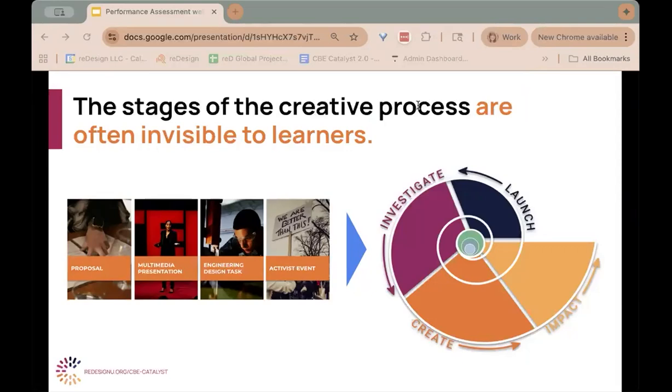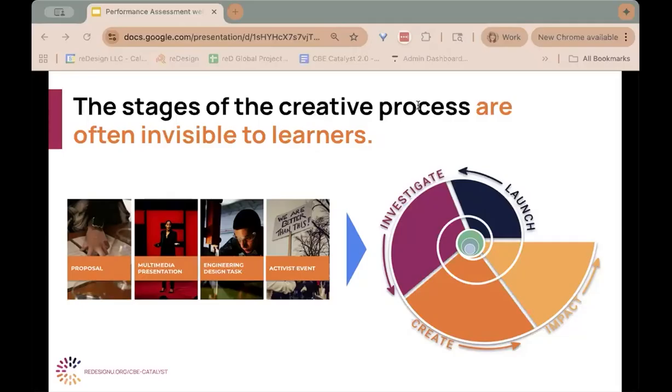And I'm going to walk you through really quickly our approach to designing engaging competency-based performance assessments using a flexibly structured creative process that makes visible a pathway to the final product and builds the skills and strategies that are needed to get there.